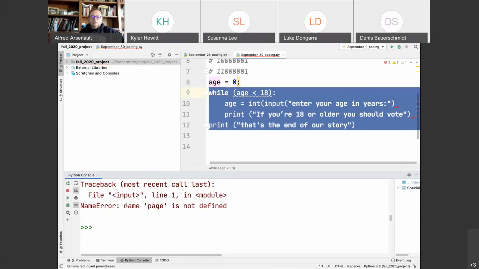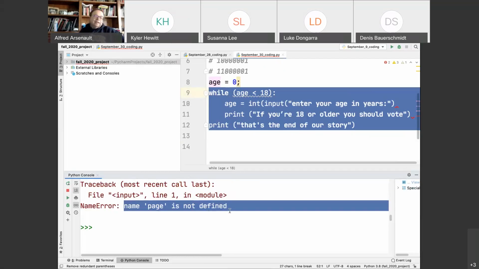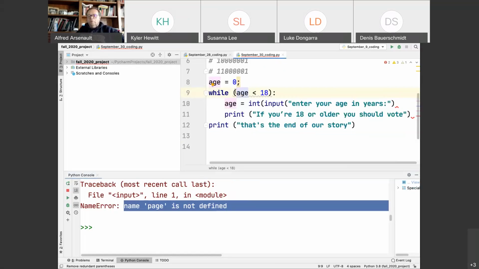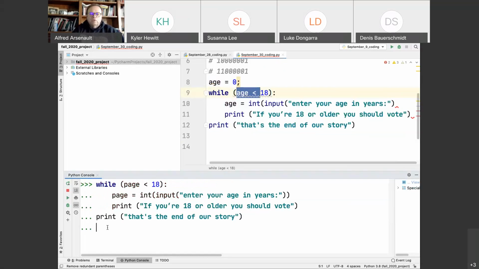Now, the error message tells me it's not defined. Defined means it has no existing value. I did not set it to a value. Therefore, when I tried to execute it, Python says there's nothing in the symbol table. There's no location in memory. I don't know what this is. So you must, in a while loop, set this. Now, I can explicitly set this, or